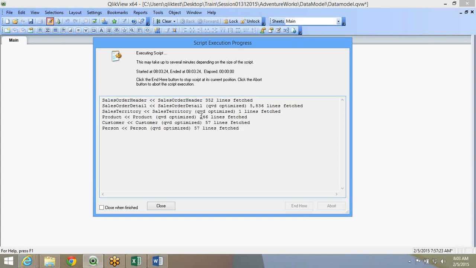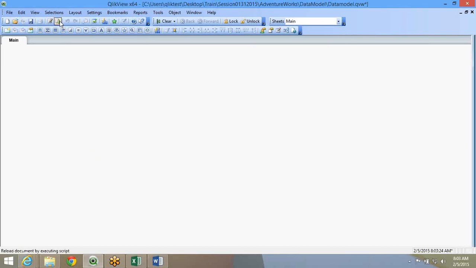Only 246 products were there in these 352 sales order IDs. And for customers, only 57 customers of the 352 sales order IDs came in. Person ID, only 57. So this way I achieved it without writing any where clause anywhere, or overloading.